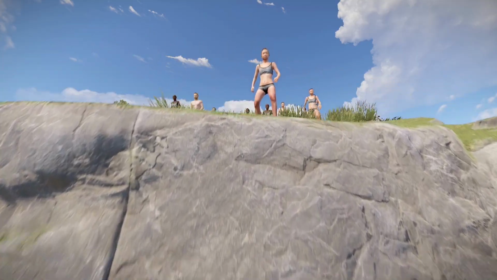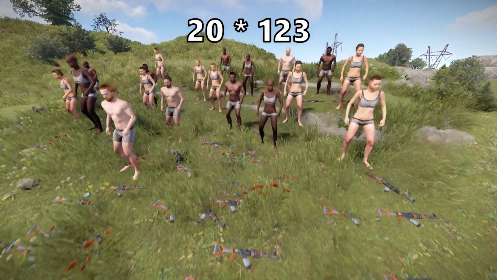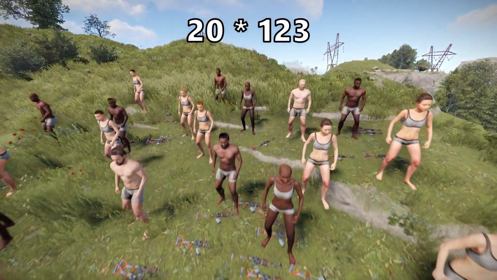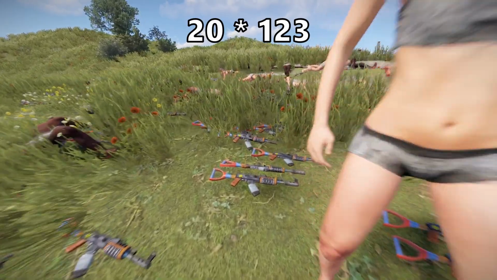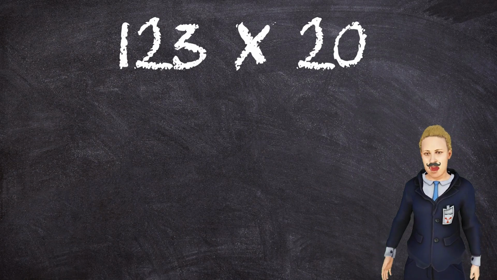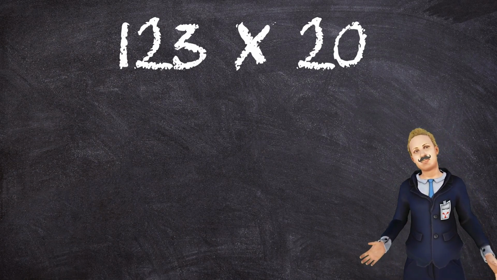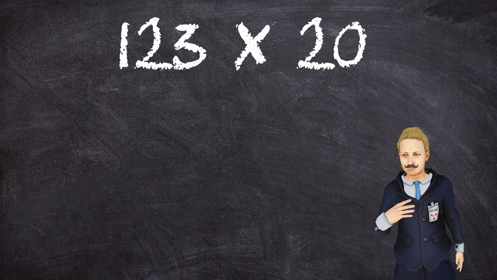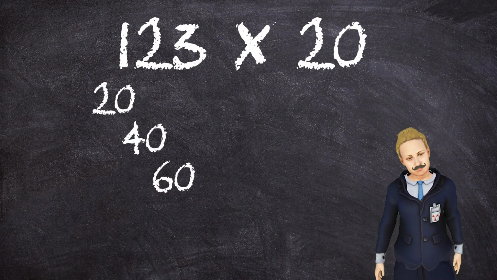Okay, say Zip the Zerker and his 19 friends each have 123 AKs. I know that's unrealistic. Rust players don't have any friends, but we want to multiply 123 by 20. Doing it by hand, we go through each digit, multiplying with the other number and sum it all up. So 20 times 1, times 2 and 3, altogether